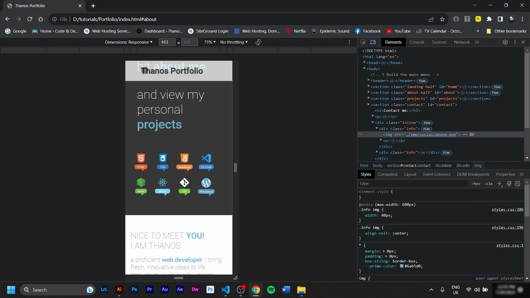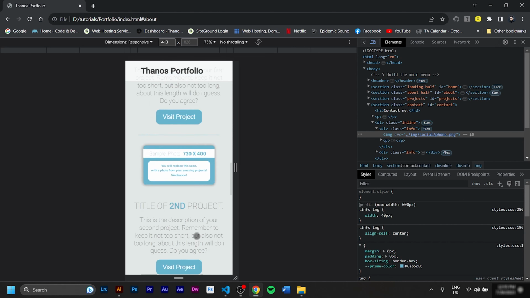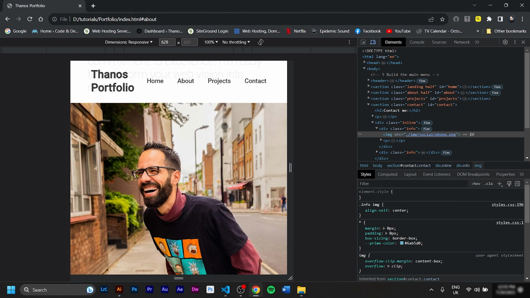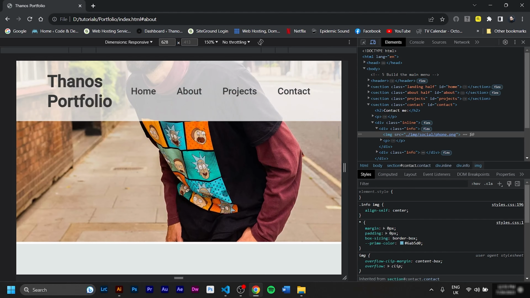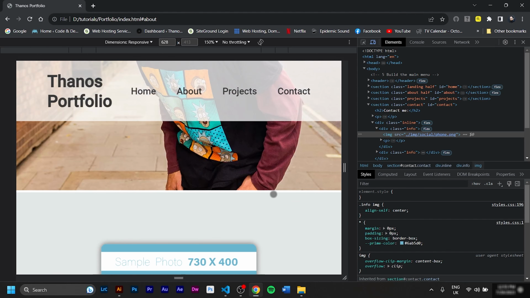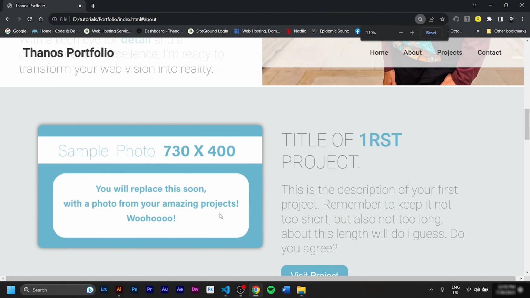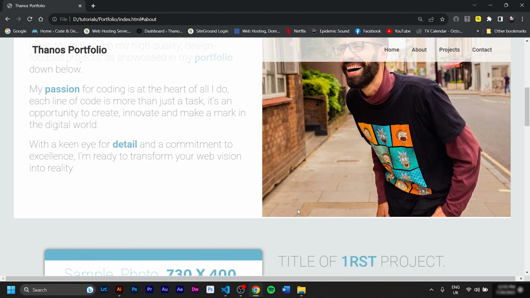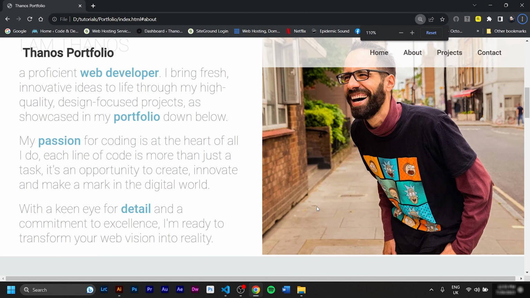So I'm actually pretty happy. If you go even down to 400 pixels, everything can be read and looks great. So one thing I left behind on purpose, because I want you to go through everything in detail. And if you see right here, there is a small white line. It was there bugging me the whole time, and I didn't say anything to you because I wanted to see which ones of you are gonna figure this out and find out why this is happening.